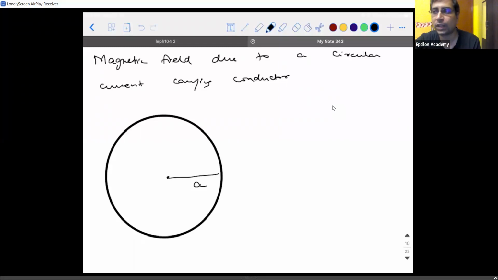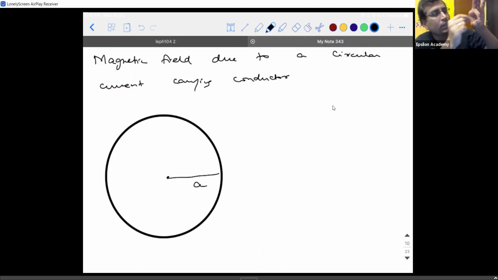Okay, let me explain what it exactly means. So if I take these two fingers put together as the circle, then the circle center will be somewhere over here. So if I see it from this angle, the axis of the circle is this thing. So axis is something which is perpendicular to the plane of the circle and passing through the center of it. Okay. So let the radius of the circle be a and let the current flow in the clockwise direction for time being, or anti-clockwise, whatever it is. Direction of current is not important here.